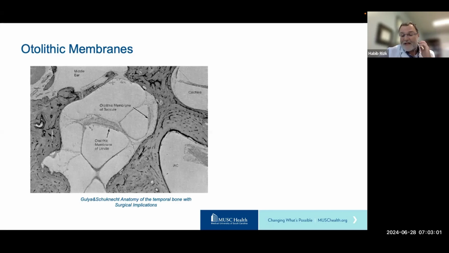This slide from the excellent book of Gulya and Schuknecht shows how intimately close the vestibular system is to the middle ear. And you can see from there that the hydrops in Meniere's disease can bring the saccule very close to the middle ear, to the footplate, and hence the known pearl that to avoid doing a stapedectomy on active Meniere's disease patients is due to that. But when you look